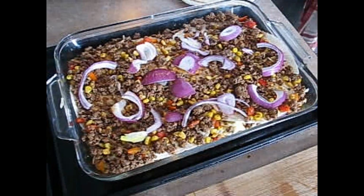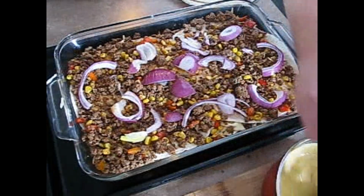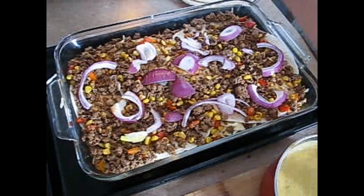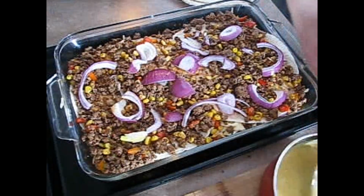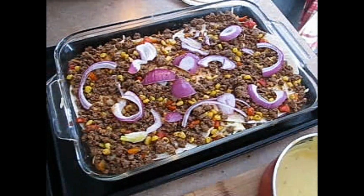You don't tell, I won't tell. We won't tell Michael we're going to use a little bit of his queso. Okay? Here we go. Cody came downstairs and he's like, you make queso. I don't know how they do it, but